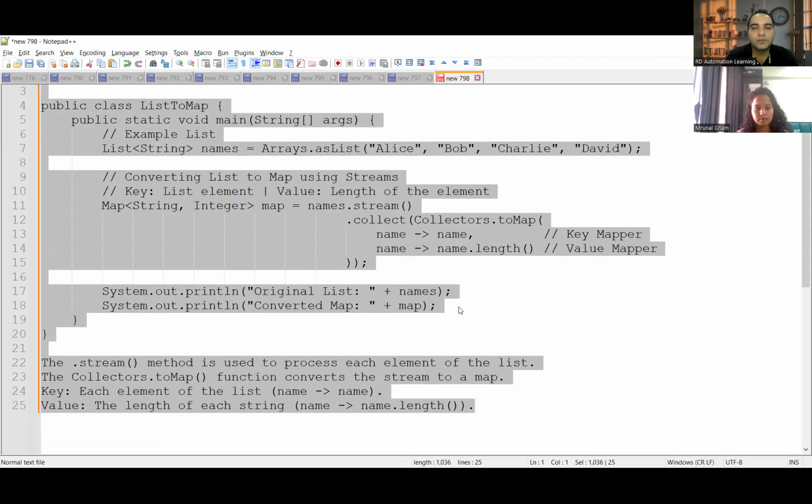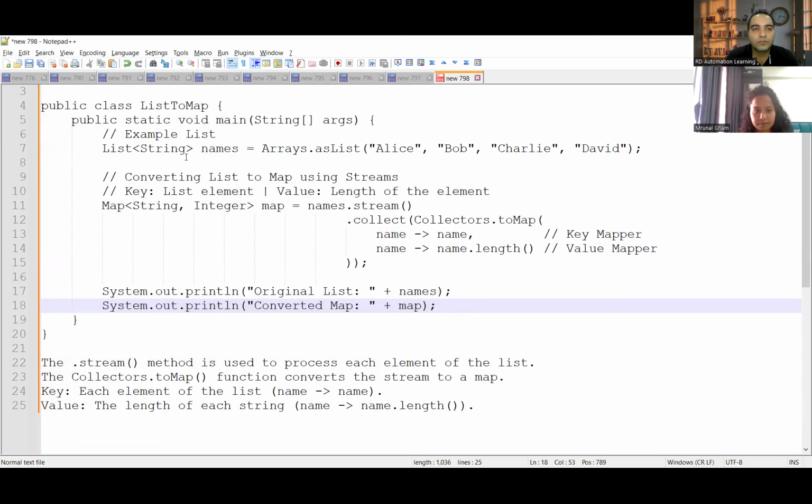Okay, is the screen visible to you? Yes. So, list to map. How will you convert this? These are your elements in the list. Now we have used the dot stream method here. We will be converting this list to a map using streams. What is the dot stream method used for? It is used to process each element of the list, so all the elements of the list will be processed one by one. And then you have